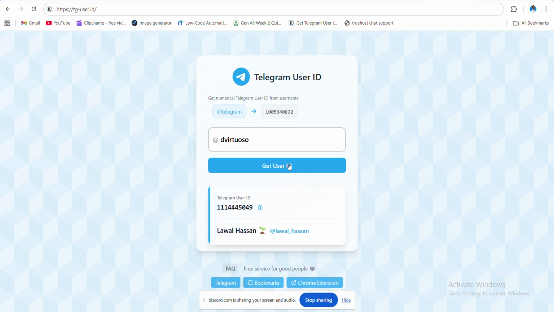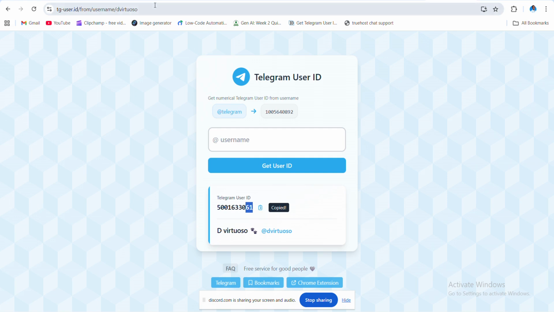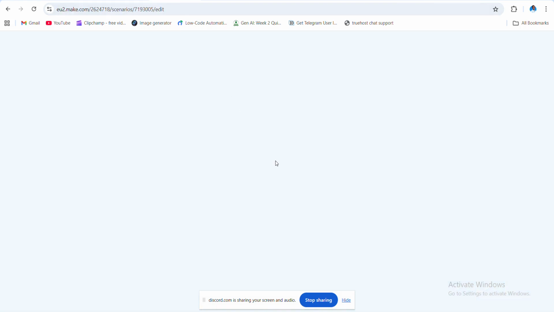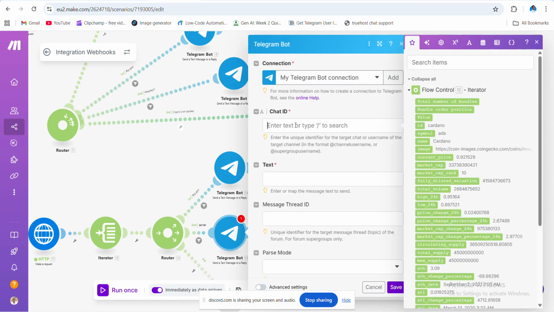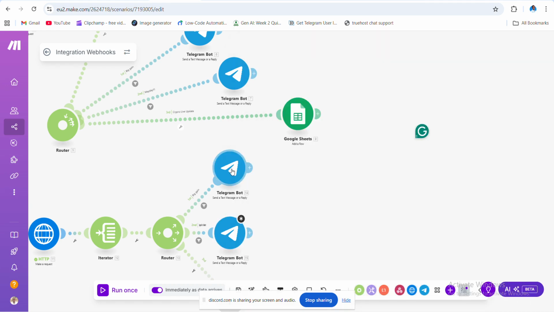So you get the user ID. It will show here. Now this is the user ID for the second account. You copy it, come back here, and paste it here, ID. Now for the message format,